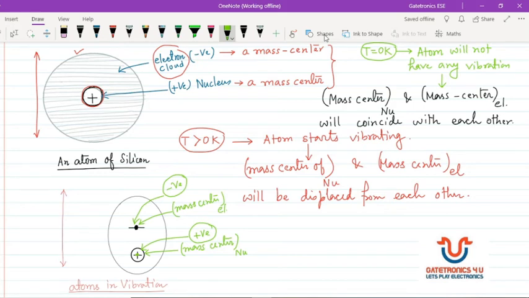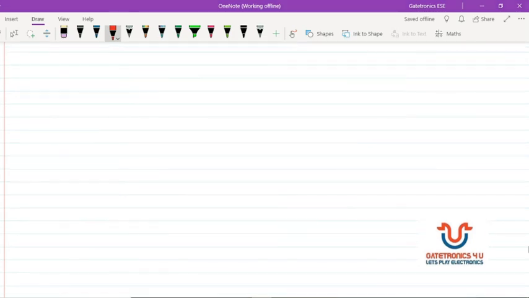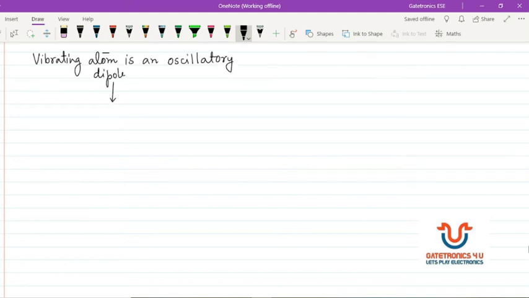If they are displaced, we can say that a vibrating atom will create an oscillatory dipole. So we can draw it like this: the negative charge center here and the positive charge center for the nucleus, and it is vibrating. Hence we can say that a vibrating atom is an oscillatory dipole, and we know that an oscillatory dipole will radiate electromagnetic